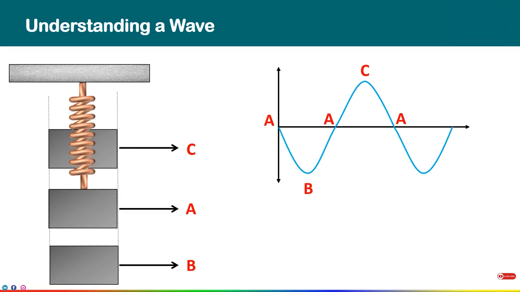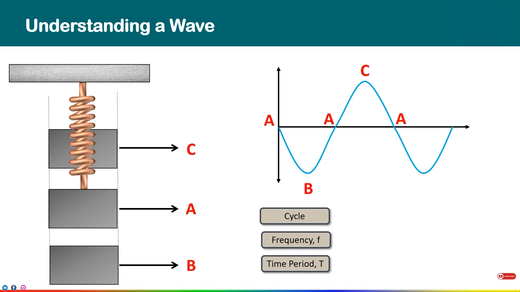Now, the sequence of displacement of weight from position A to B, B to A to C and C to A is termed as a cycle. The number of cycles per second is defined as the frequency of vibration. The international term for a cycle per second is hertz, and 1 cycle per second is known as 1 hertz. Now, the time taken to complete one cycle is known as the time period of the vibration, and it is represented by T. Time period is inversely proportional to frequency.